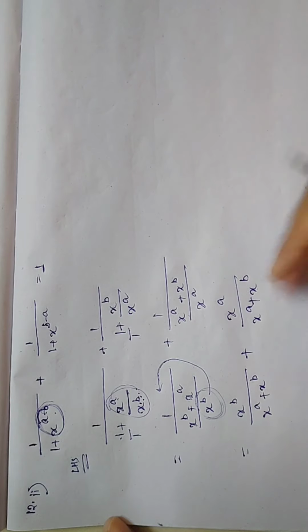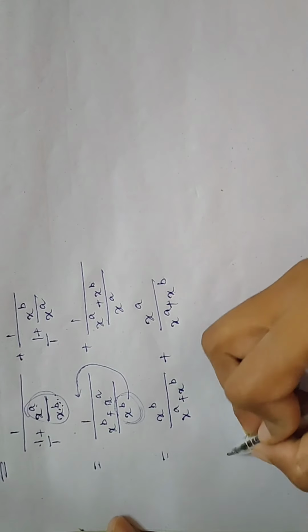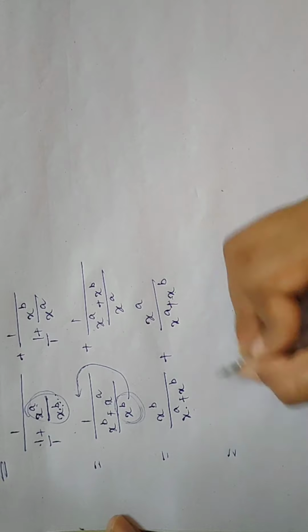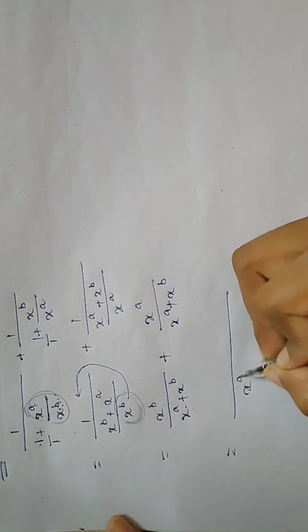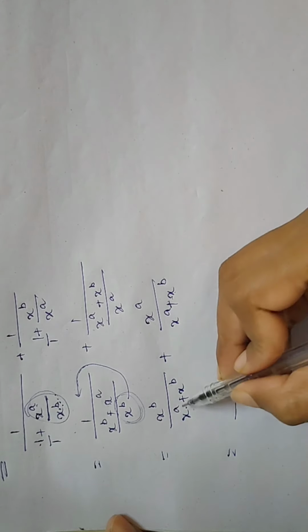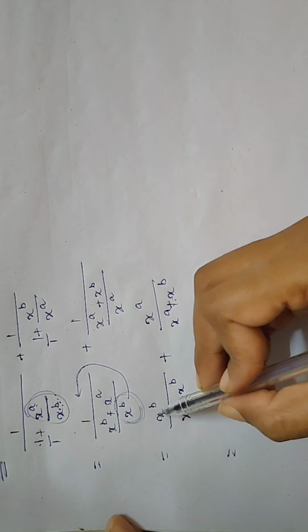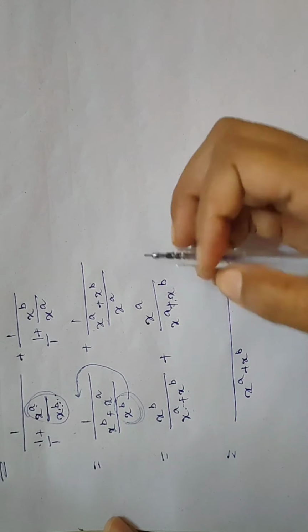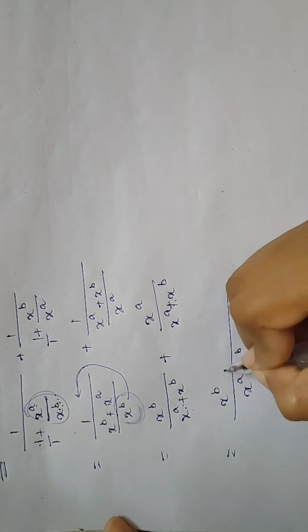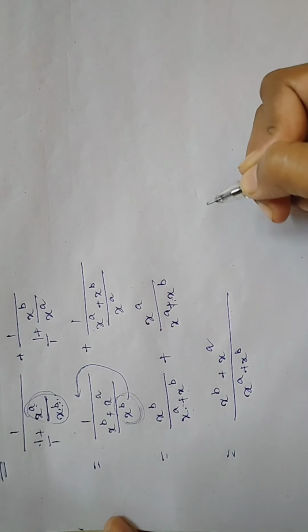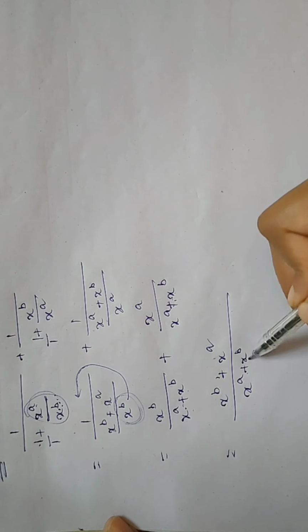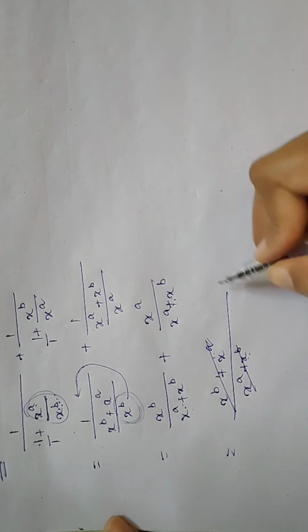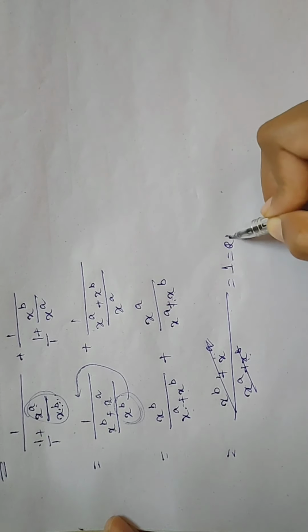Fine. Now look at this. Since both the denominators are the same, we can write it as this. No need to multiply the numerator with anything. We can simply write it as x to the power b plus x to the power a. Since both the numerator and denominator become the same, we can cancel it out. That is equal to 1, RHS.